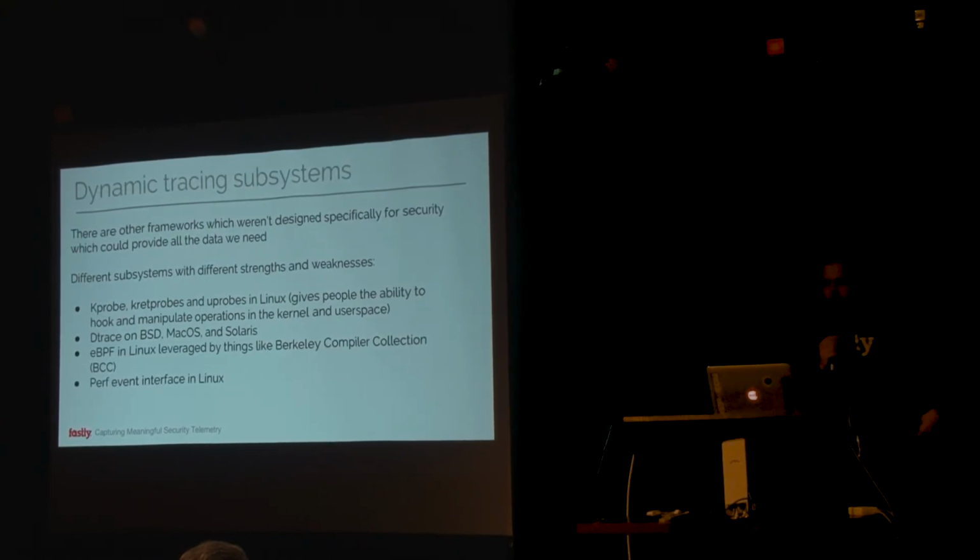So the other areas where we can get this data are dynamic tracing systems. I mentioned kprobes, kretprobes, and Linux uprobes, which is kind of the same thing within user space, that allows you to arbitrarily hook operations in the kernel and monitor when they're being executed. On BSD, macOS, and Solaris, there's things like DTrace, which is similar but has kind of a